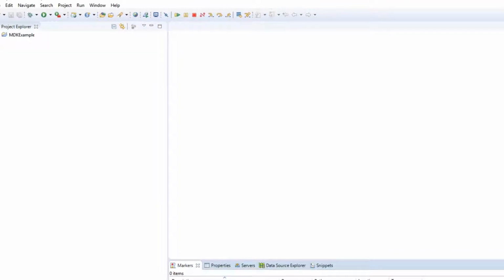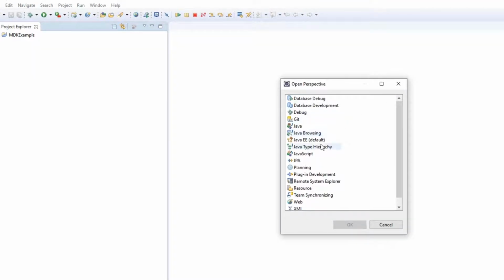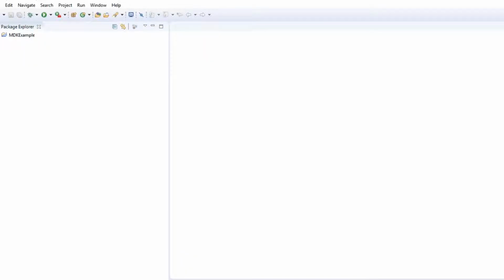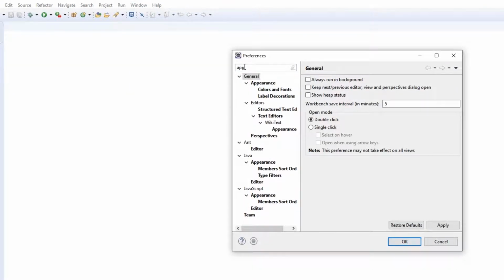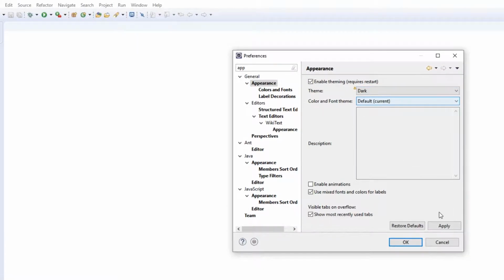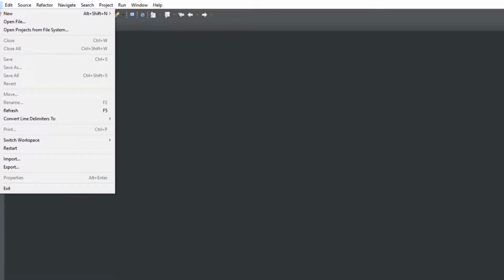Okay, now I'm just going to make this look appropriate. I'm going to use the default Java look I'm used to. Okay, I want to put in dark mode, so it's like appearances. Dark mode, apply, and let's go file,